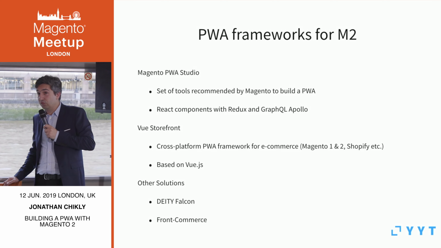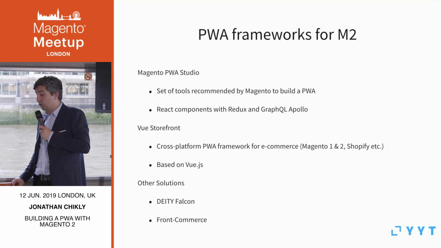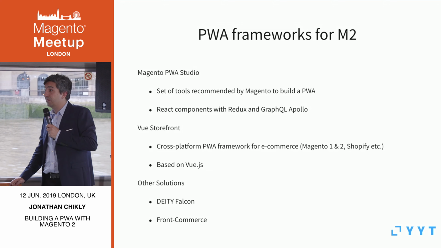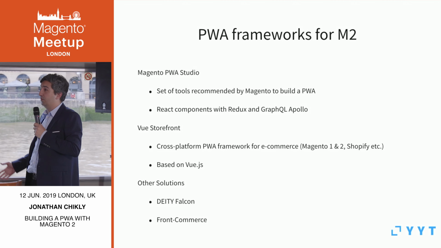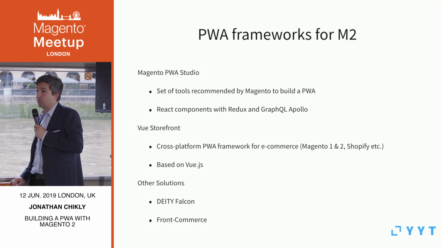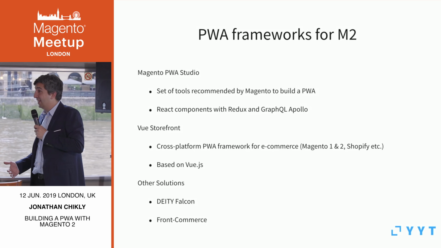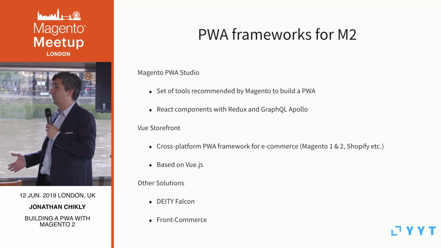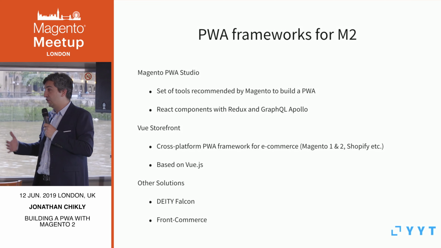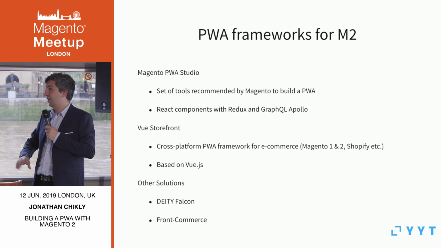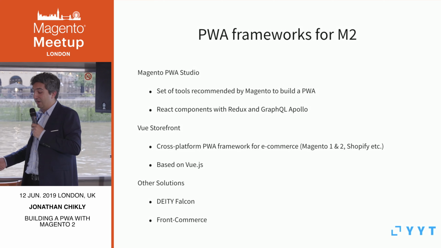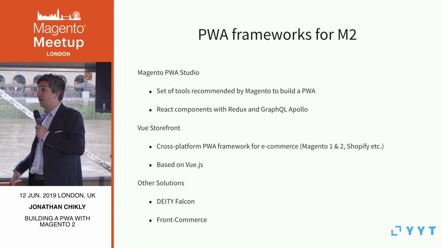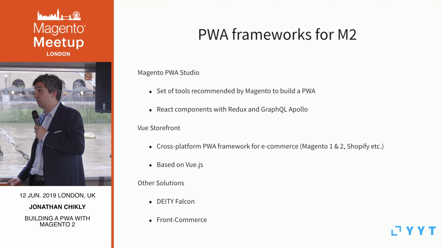The second framework is Vue Storefront. It's quite an interesting one because it's cross-platform, which means it works with Magento 1, Magento 2, or Shopify. It could be relevant in some cases to use it as a transition when you want to migrate, let's say, a store from Magento 1 to Magento 2. We could imagine setting up Vue Storefront to get the data, and then at some point switching to a Magento 2 store. It's also quite robust. There is a strong architecture, and it seems to be production ready.